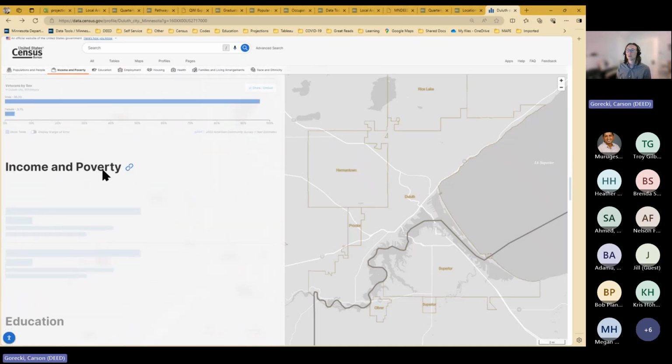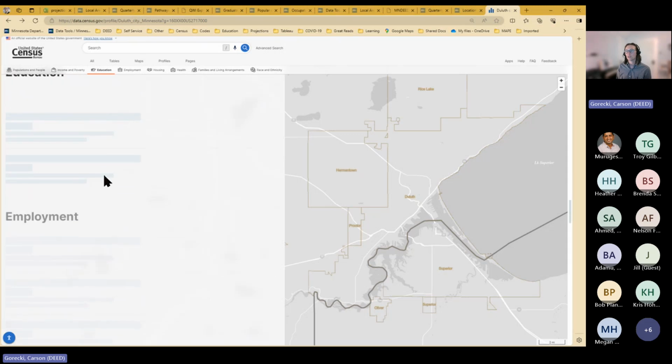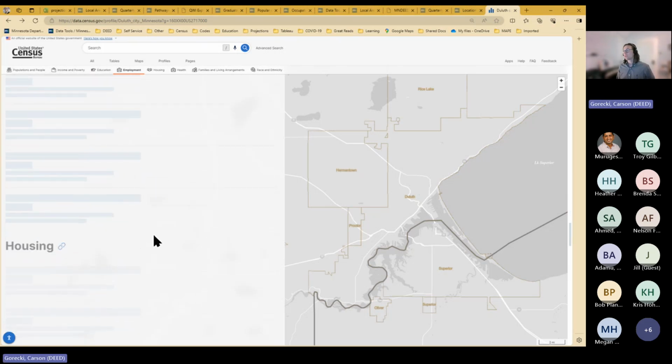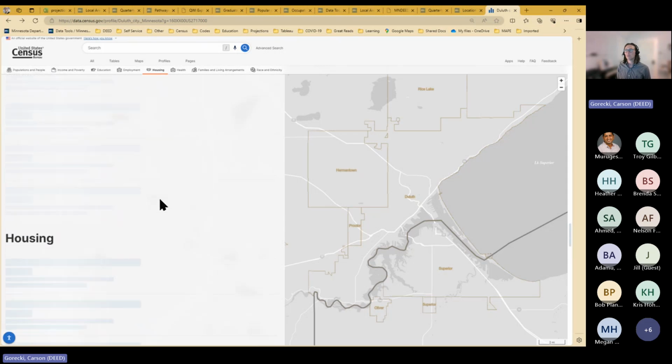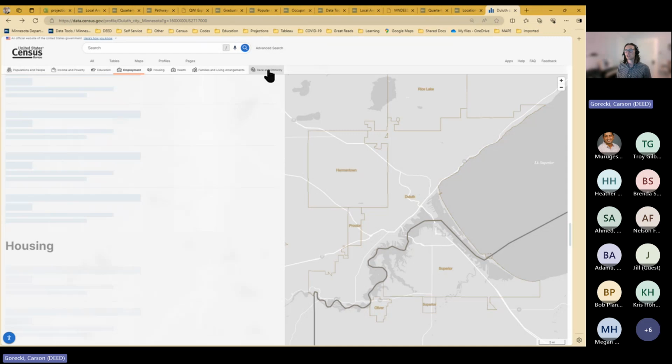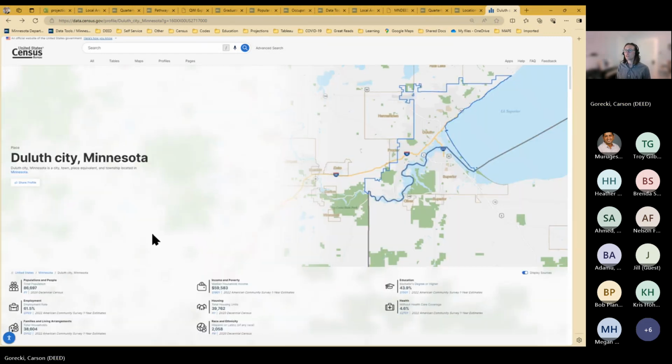Veterans, income and poverty, education. I'm not going to go into all the detail, but a lot of this is from that DP03 file table I just showed you. Housing, so just really a rich diversity of information available here. Then you can scroll across the top if you know the specific subject or topic you're most interested in. You can just jump to it. So I say start here. This is a great